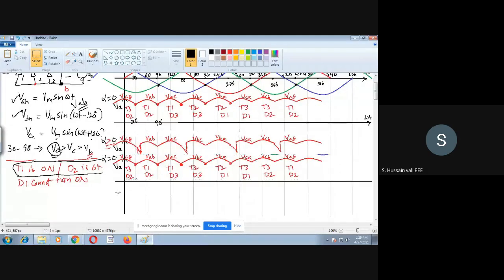Just check now. So this time alpha is equal to 60. I'm writing, okay. Alpha is equal to 60. So this delay is there. Whichever delay, this will delay till 60. So when it delays till 60, what you find out is that this part will be completely erased.